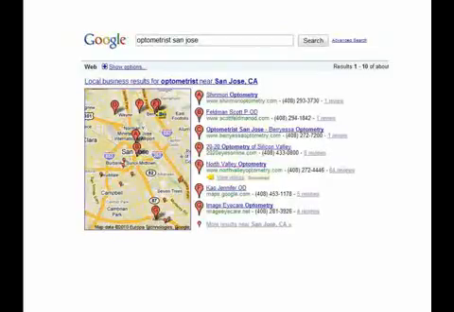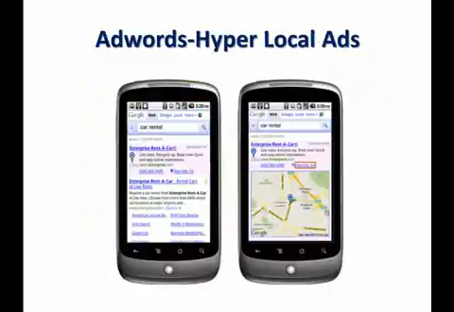Now, here is, and this is the old search results, but it was a good picture to show you what a tag is. It's this yellow little tag here. That's a Google tag. Now, it doesn't raise you in search. It just enhances your listing. So it kind of says, hey, look at me. Right now, they're going for about $25 a month. Now, AdWords, hyper-local ads. This is a local ad on a cell phone for Enterprise Rent-A-Car, and it's in a specific location. And it's a sponsored link,